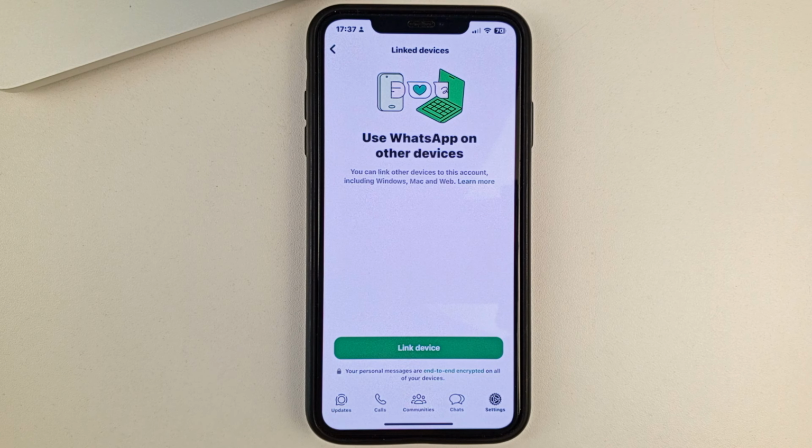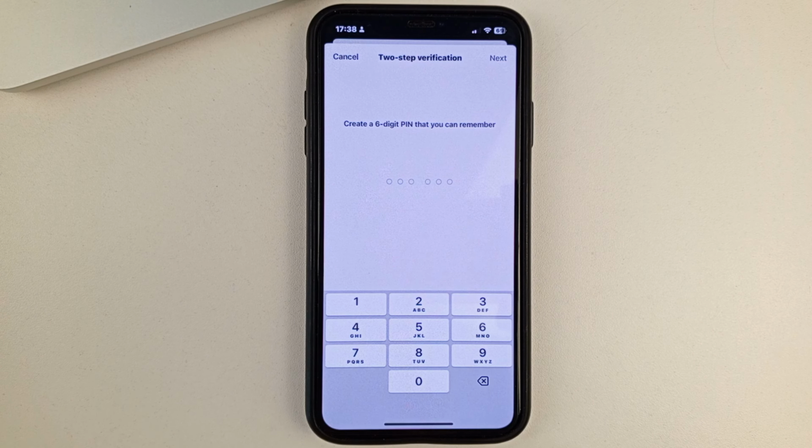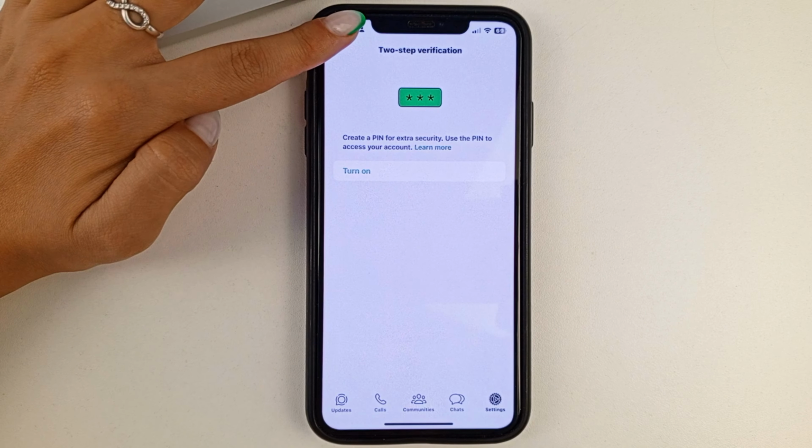Next, friends, I recommend you to increase your WhatsApp security. For this, go back to Settings, go to Account. Next, two-step authentication. And here, turn it on. Next, friends, you'll need to keep a 6-digit code that you memorize so that you can enter that code when you log in. And further, after you enter it, you will need to repeat it again. After that, you will have two-step authentication set up.